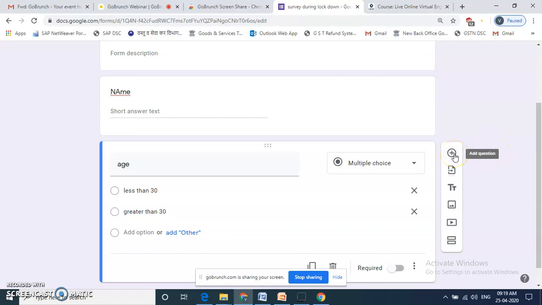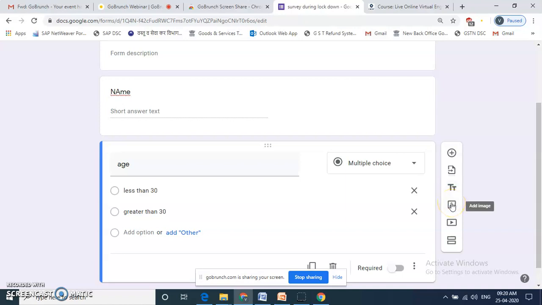Now, this is the option for adding a new question. If you already have some other survey Google Form and you want to import the questions from that form, you can import it by using this option. You can add a title and description to the particular section by using this option.